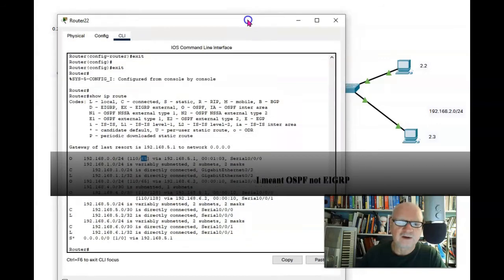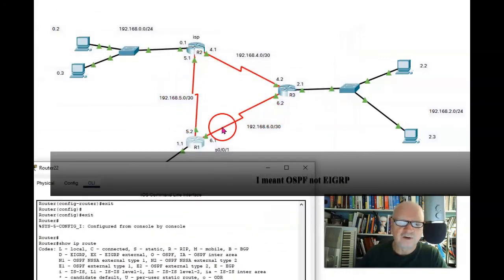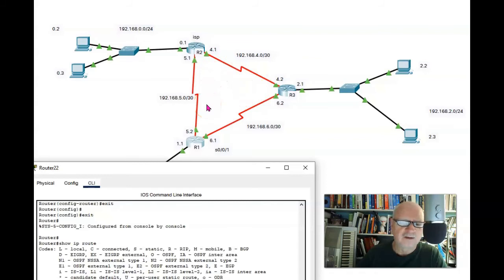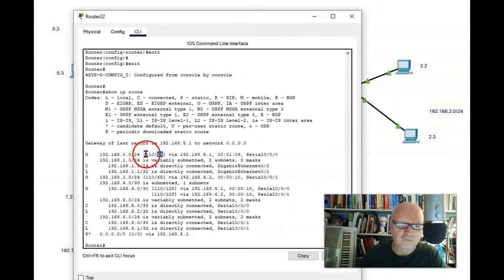So in the case of EIGRP, it looks at what type of line this is. Is this a gigabit line? Is it a fast Ethernet line? Is it an Ethernet line? Is it a telephone line? What kind of lines are these? And the faster the line, the lower the cost. So it looks first at the specificity, how specific is the address, and then at the administrative distance, and then at the cost. And that's how it chooses which route to take if there are conflicts, if there are overlaps here. So it's learned about the 0.0 network, the 2.0 network, and the 4.0 network.